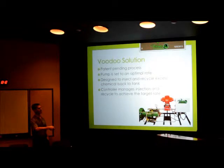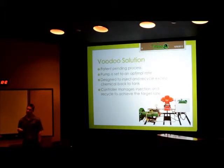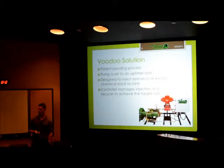My system is a combination of the algorithm that's in the ETC control box that's suited for my application. The volume of fluid, piping, valves, everything like that is all part of the patent pending process. The pump is set to an optimal rate. That's the advantage of the system. To achieve that 1 liter a day, we're not trying to set this pump down to a liter a